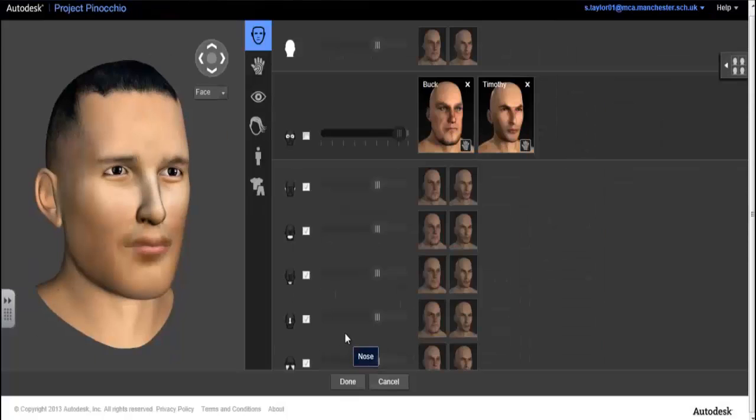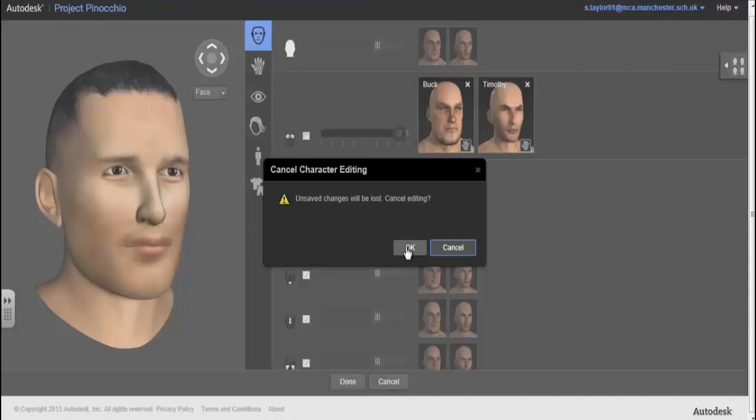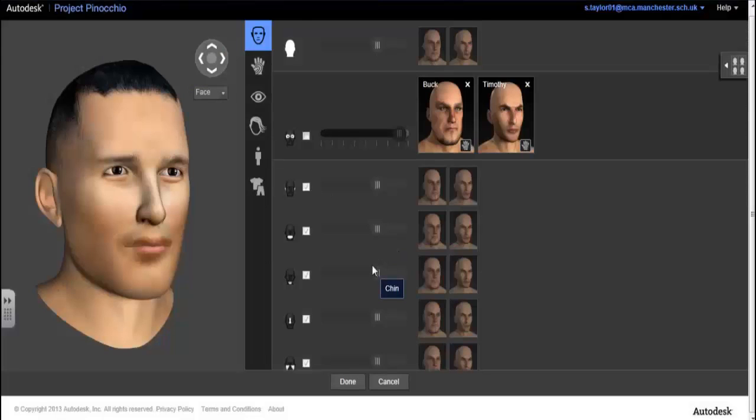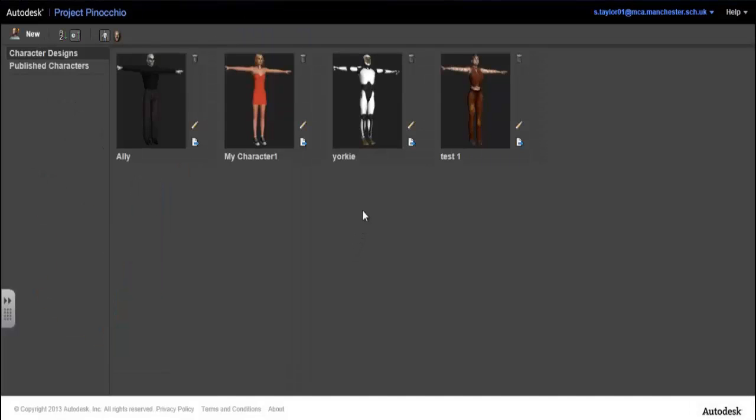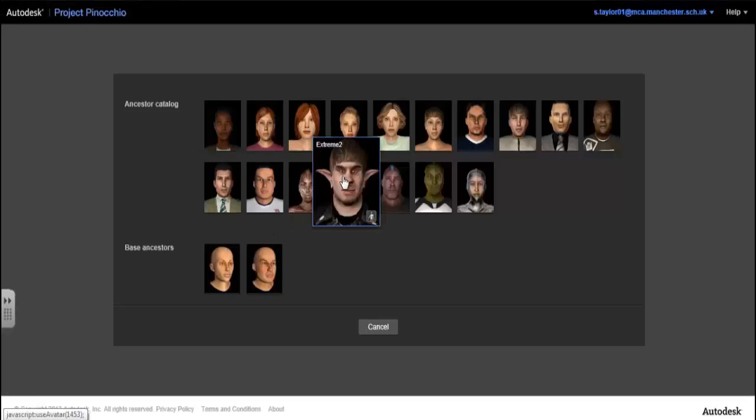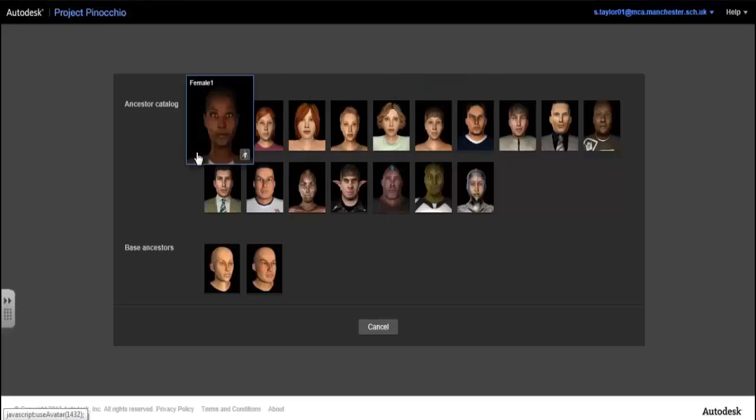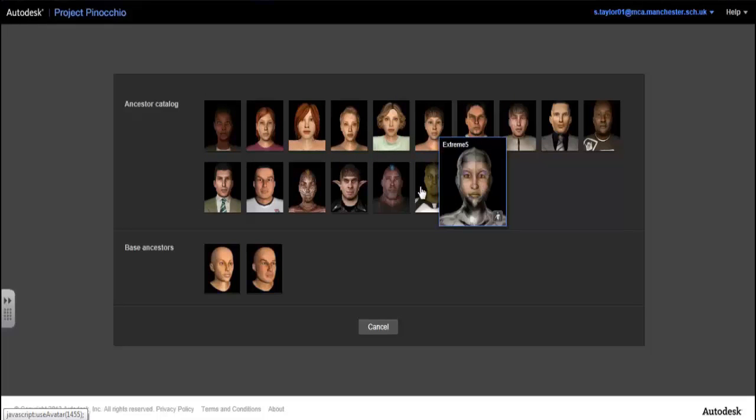The second method of actually creating a character is on the opening screen again. So if I just press cancel on this one and make no changes, we get back to our opening screen. If we go to new character, this time, rather than using one of the built-in characters from the ancestor catalogue, what we're going to do is use one of the base ancestors. Now you've got the choice of a female or a male character. I'm going to click on male,